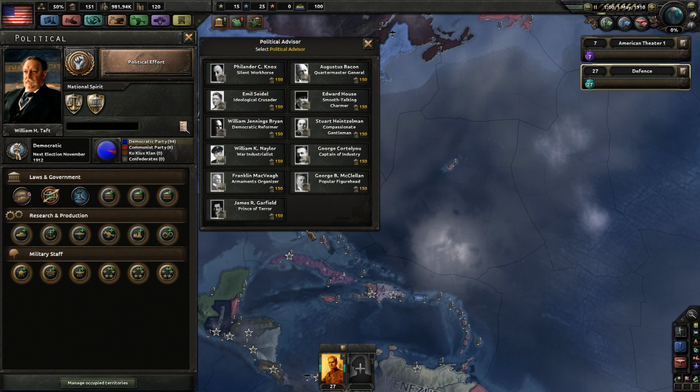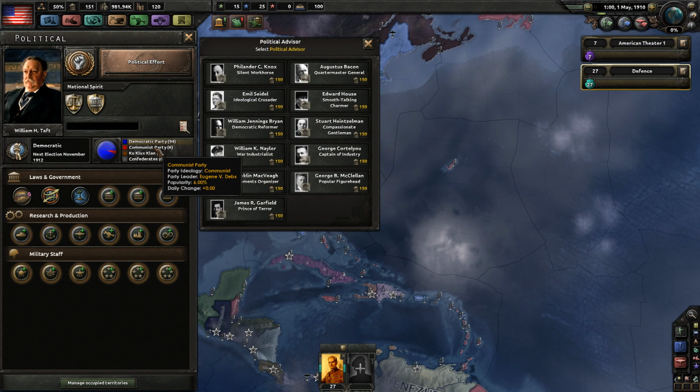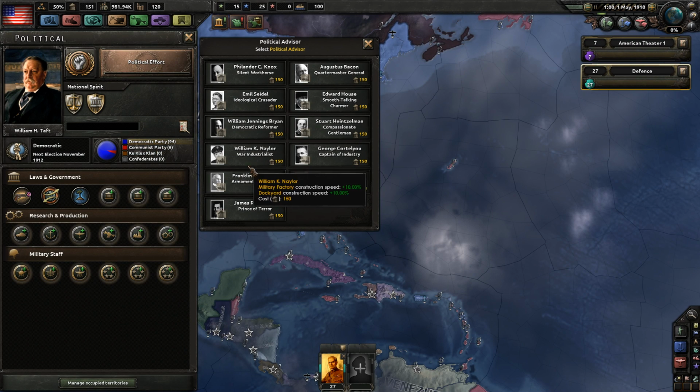Okay. So there is no way to become a fascist. So the only way we can do this... Okay, this is the Ku Klux Klan. That makes sense that we cannot become them. Alright, so become communist. It's not really what I had in mind. But if it's the only way for us to go for those...